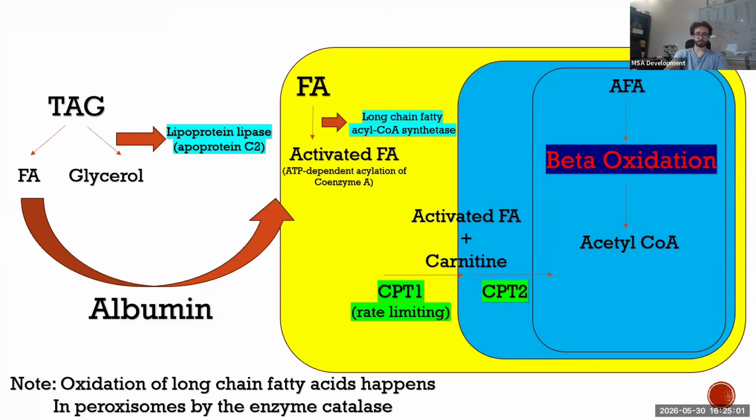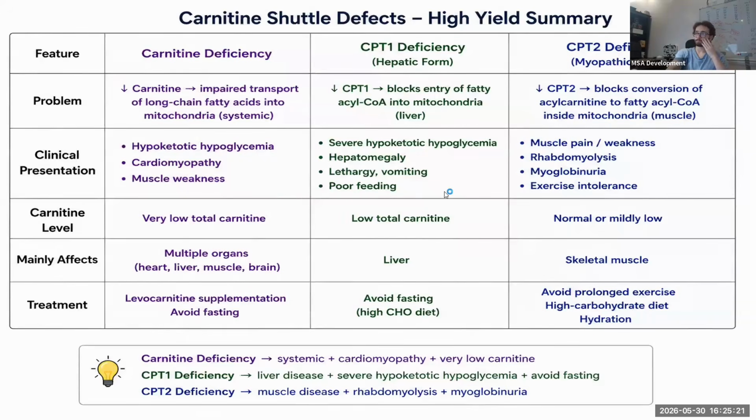Let's go here. What is the result of fatty acid oxidation? Acetyl-CoA. And you guys, I think, should know. If not, we will go through it. But acetyl-CoA is the precursor of ketones. So if we're not able to break down fatty acids into acetyl-CoA, how are we going to get the acetyl-CoA to make ketones? So that's why ketones will be low. Got it? But this is CPT1 deficiency. It's basically liver disease, hypoketosis, hypoglycemia. And we have to avoid fasting. We need energy because we can't break it down to make it ourselves, so we have to take it in.